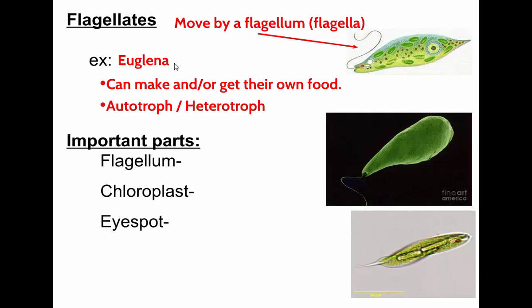So when you look at the euglena, you can see this flagellum, this sort of whip-like tail. Here in the electron microscope image, you can see it here. Or here in the compound microscope image. And that flagellum helps move it around. It waves back and forth and allows it to swim through the water. In this drawing, you can see these green ovals on the outside. Those are the chloroplasts, which allow it to make its own food.